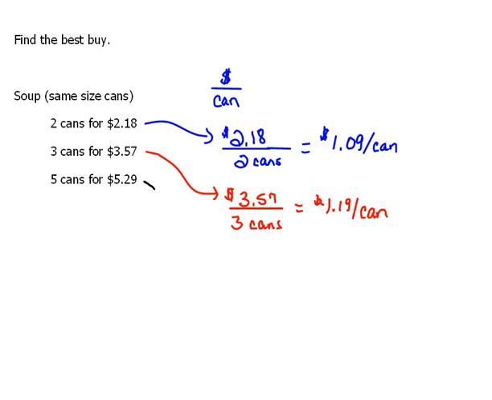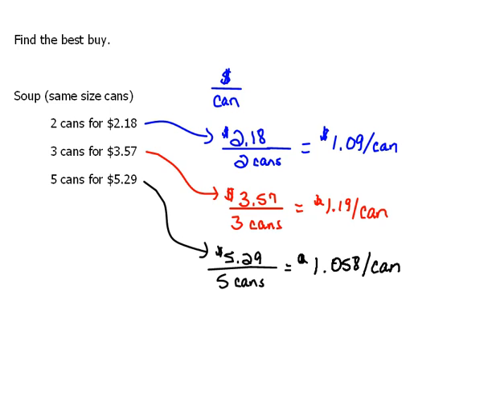And then we'll do the last one the same way. If it's $5.29 for 5 cans, we're going to let the calculator do the work, and that would be 1.058 per can. So it looks like this one is our best buy because it's actually the